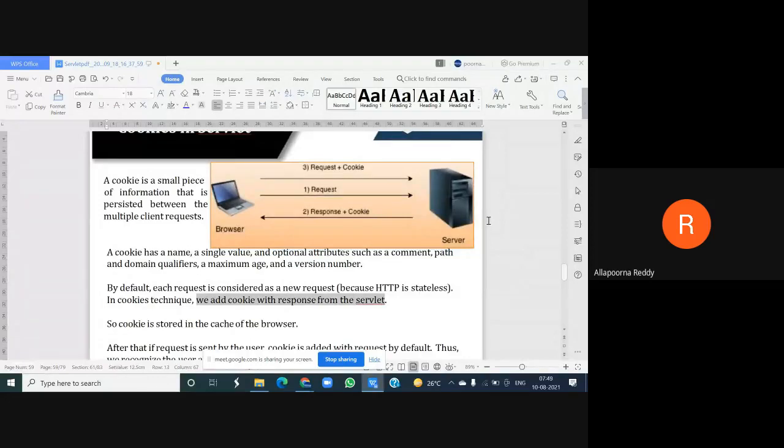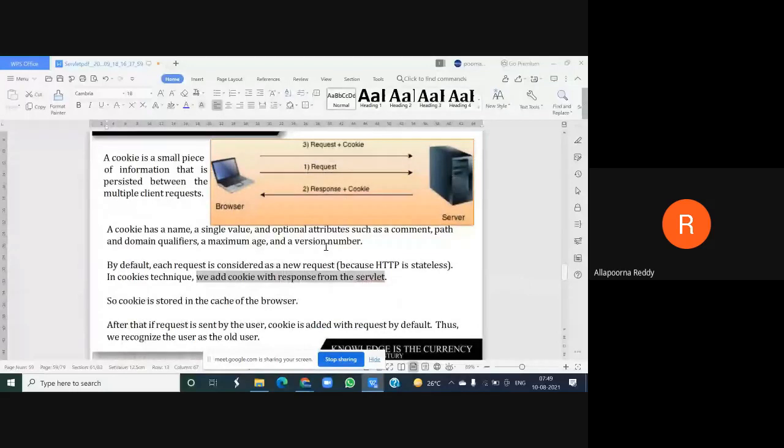You know it, right? So whenever you are executing your servlet over your server machine, the server gives back some cookie along with your response object.